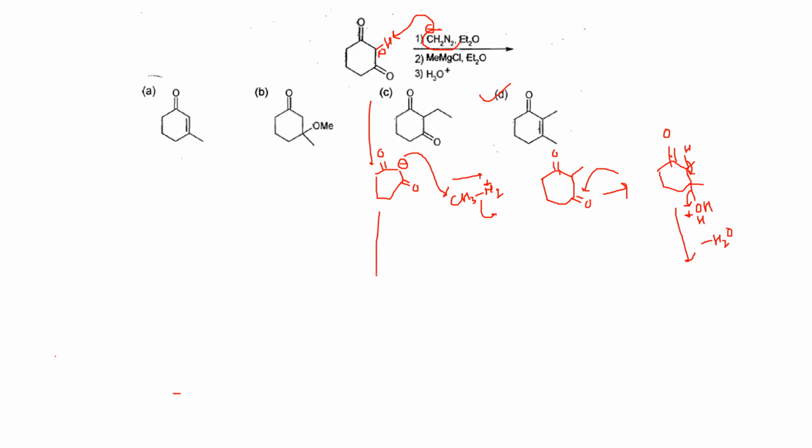Another probability is, suppose this O minus comes here and attacks from this oxygen center. Then what will happen? It gives OMe and carbonyl. Then in the next step,